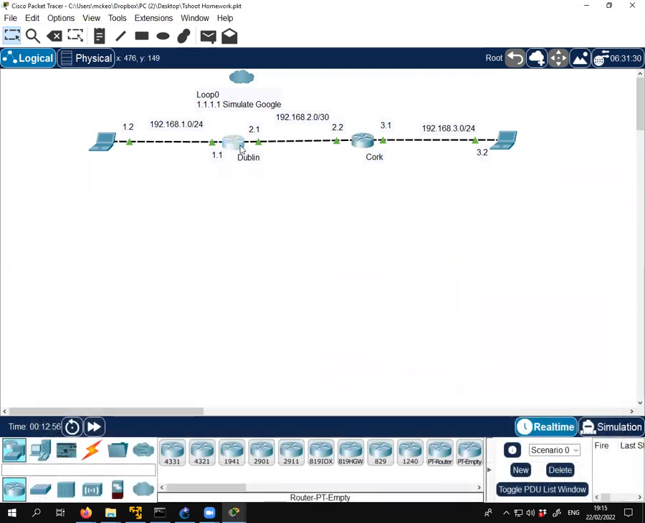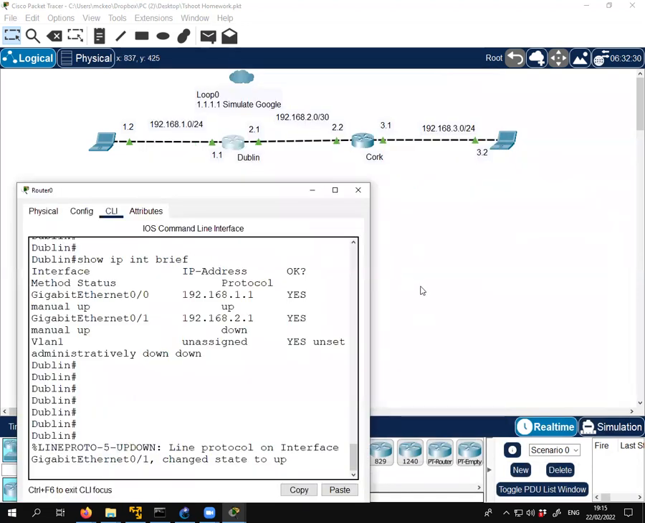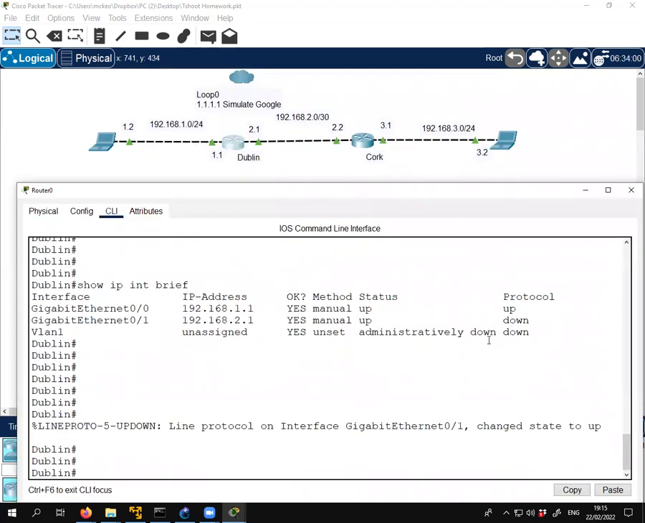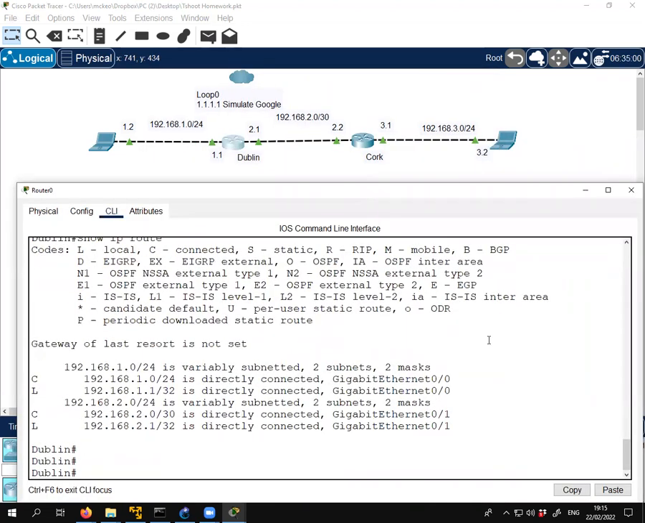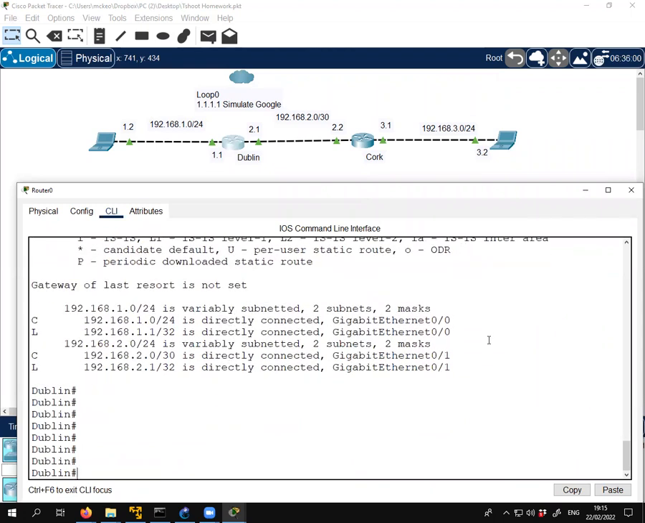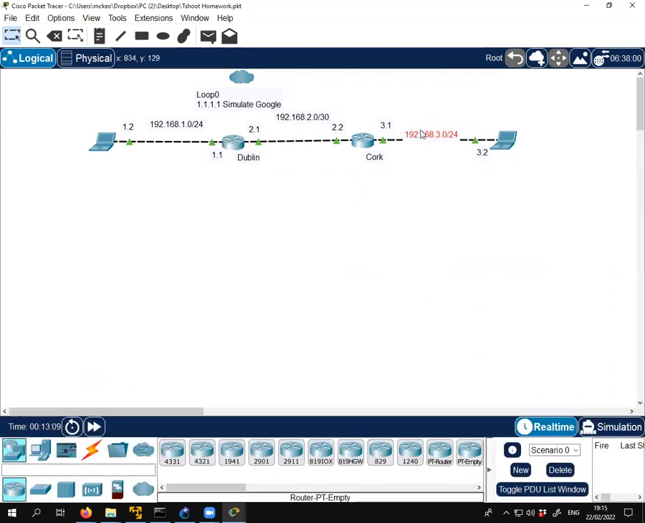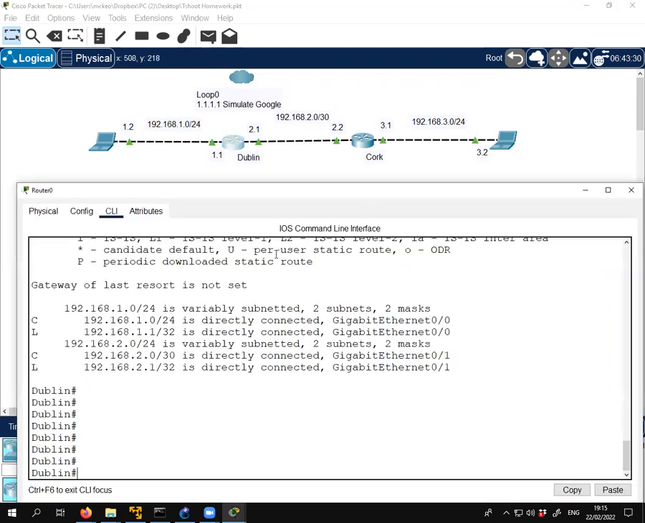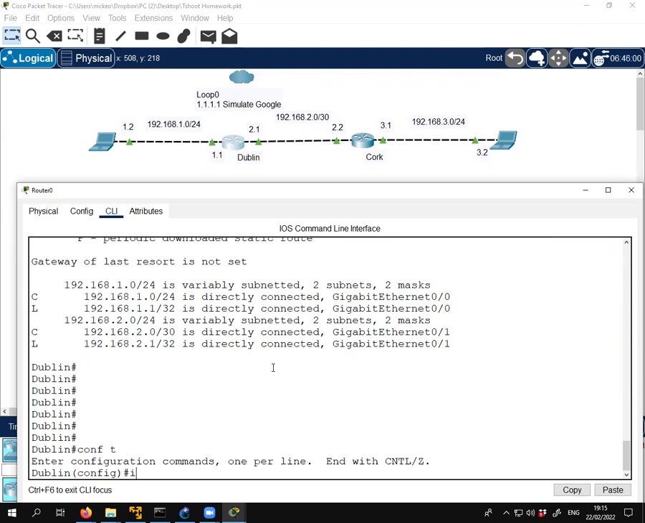So what about Dublin? Do we have a static route in Dublin? So IP route, no. So we need to tell Dublin about the 3.0 network, and we need to tell Cork about the 1.0 network. This is what we were kind of touching on last week. Okay, so let's tell Dublin about the 3.0 network. Config space T, hey Dublin, IP route